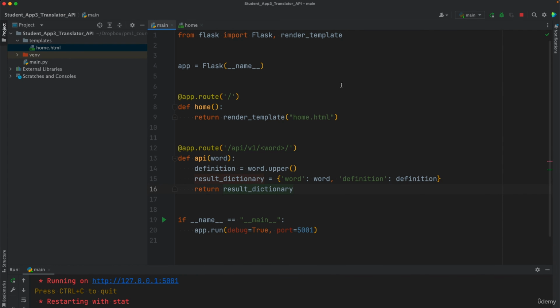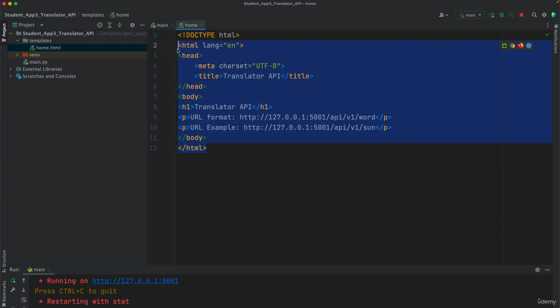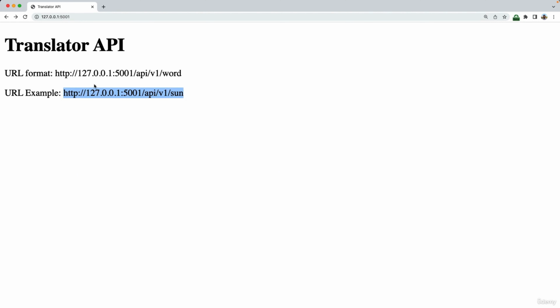Hey, welcome back. This is my solution to the current task of building a simple API. So that's my main.py file. It takes care of 2 routes, the homepage routing and the URL pattern routing of the API. So the home page renders the home.html document, which is hosted in my templates folder, and it looks like this. And on the front end, it looks like this. So that's the home.html document, and when the user visits